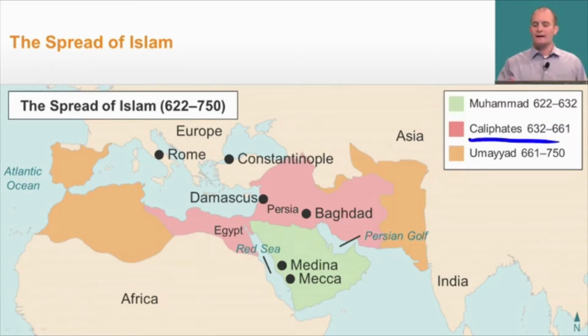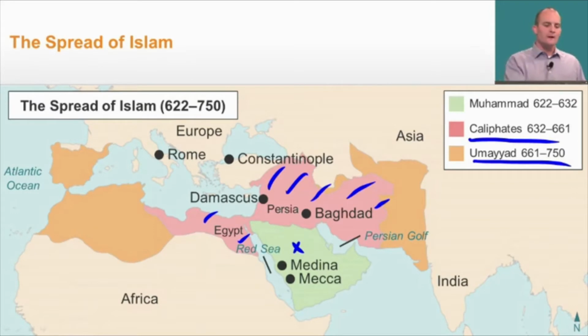Next, there are the caliphates, these four right-guided leaders, and they expanded not only from here, but also expanded all over here into North Africa and modern-day Egypt, as well as more into the Middle East. And finally, you have the Umayyads, who we're going to talk about later as well, who actually expanded into Europe, further into Asia, and further into North Africa. Now, keep this map in mind as we go throughout this lesson, because you'll see the very rapid expanse of Islam, not just in the Middle East, but around the world as well.